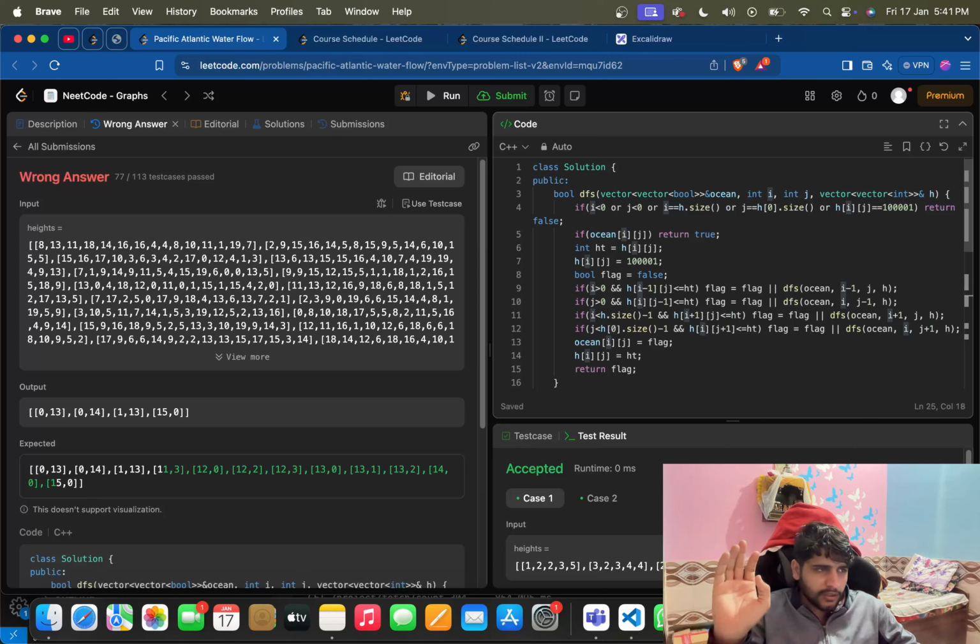We set ht equal to h i j. We'll take a boolean flag, and we will go to all the four directions. First direction, if i is greater than 0, then we will go to h i minus 1, and if it is less than height, then only we will go for this. Next is dfs ocean: i minus 1, j minus 1, i plus 1, j plus 1. Perfect. If i is less than h dot size minus 1,